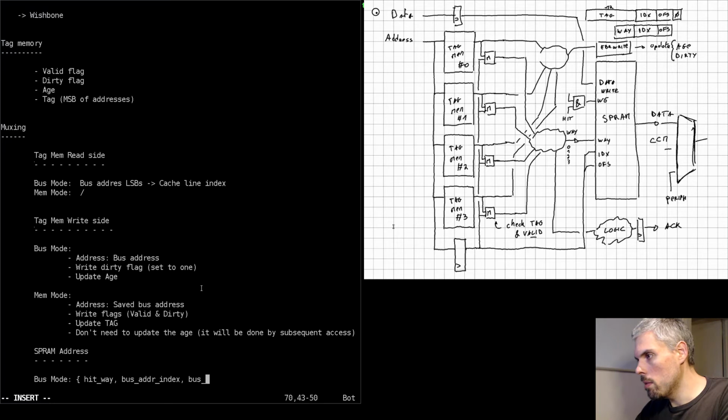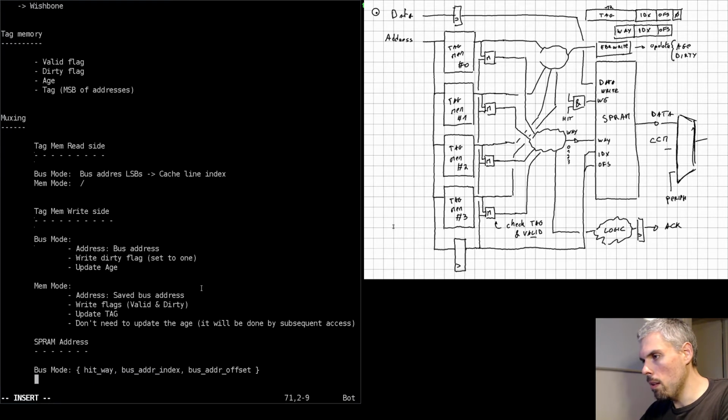And so we have the bus address offset. That's the address we need to access when we're in memory mode, so we're either flushing or filling up a cache line. We need a way number as well, but that's not going to be the hit way number. It's going to be the way number we decided to evict and replace. It's going to be the evict way number. The rest of the address is